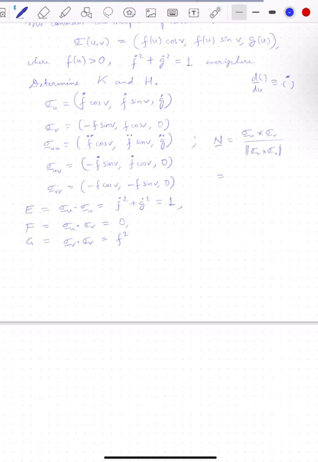Sigma u cross sigma v is equal to: the first term will have minus f g dot cosine v. This is the first term, and the second term is minus f g dot sine v plus 0,